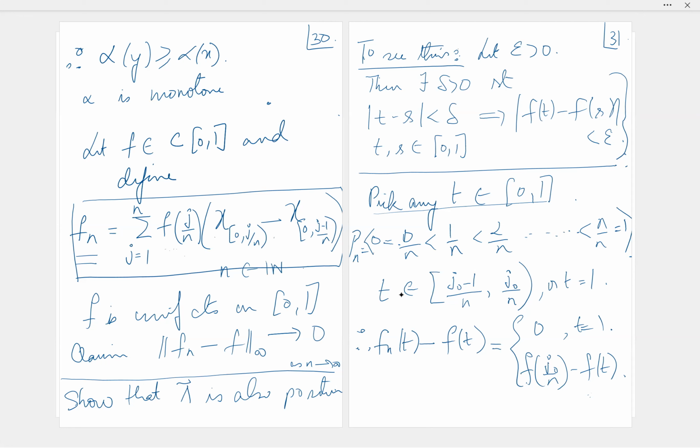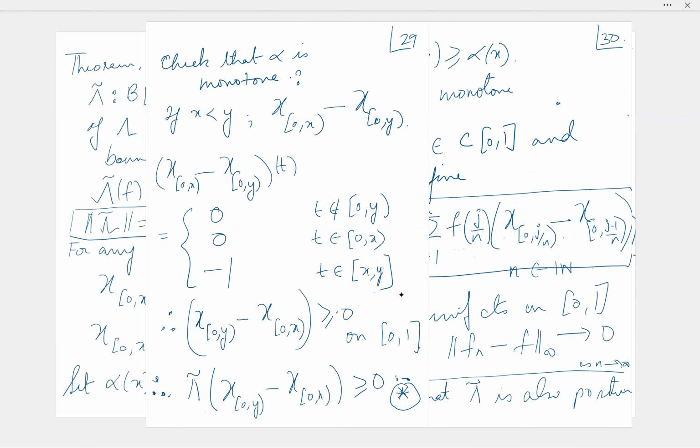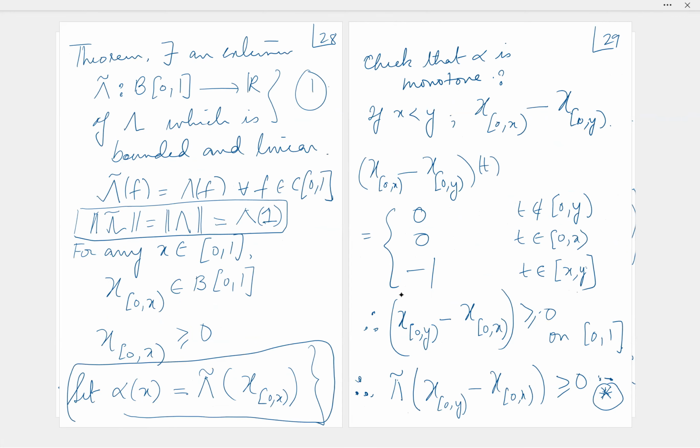But we had given a special name to delta tilde applied to chi of these intervals. What was that name? We defined alpha to be this. Okay. So coming back,